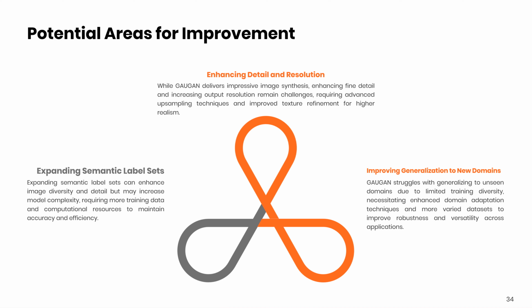Complement this with domain adaptation methods, adversarial domain alignment, CORAL or MMD objectives, to align feature spaces across domains. Broad, diverse datasets also improve robustness, and we should monitor cross-domain performance with domain-specific FID and LPIPS comparisons,